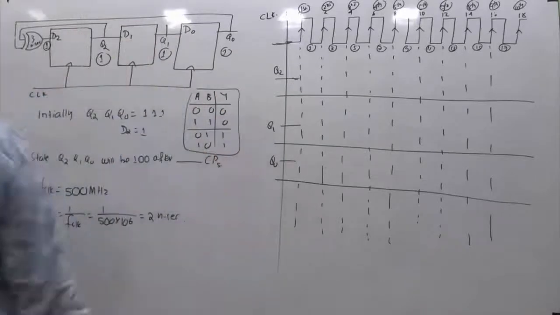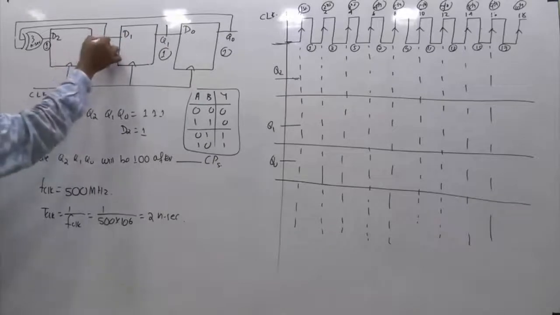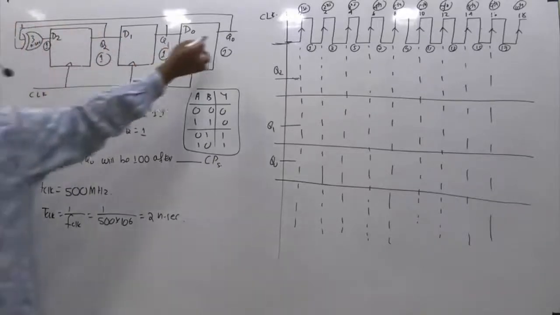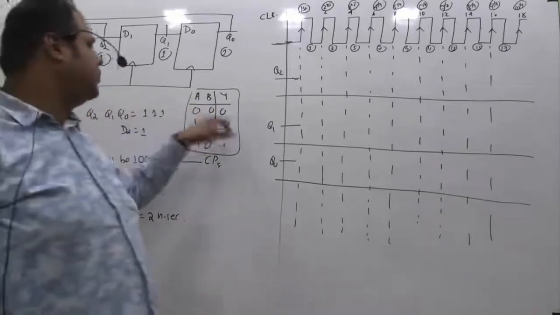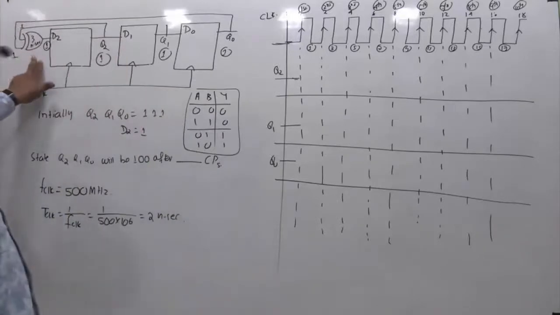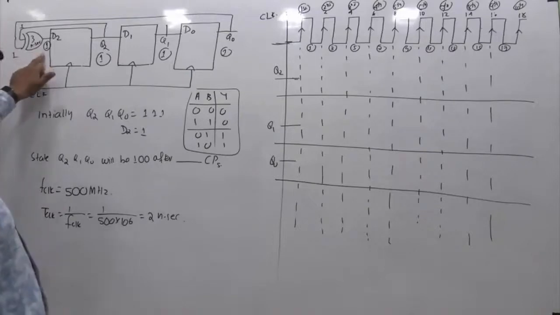So this point should also be in your mind for the XOR gate property. Okay, see. Initially Q2, Q1, Q0 are all 1. This line is nothing but Q2, so initially this is 1, and this line is nothing but Q0, so this is also initially 1. So 1 and 1 are the inputs initially to this XOR gate. If the input to the XOR gate is 1 and 1, then the output is 0. But the point is, if the delay had been 0 nanoseconds, then immediately this 1 would have been processed and you would have got 0.